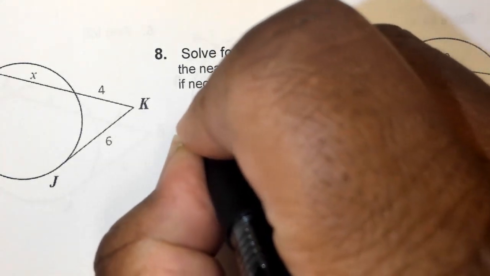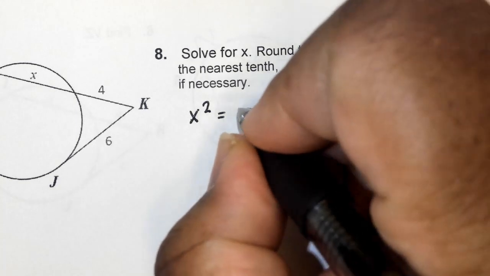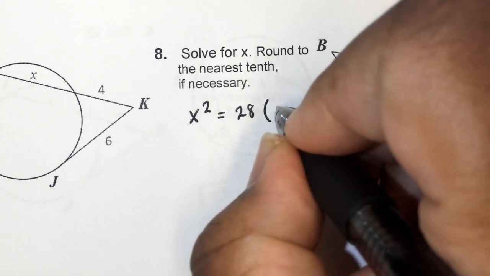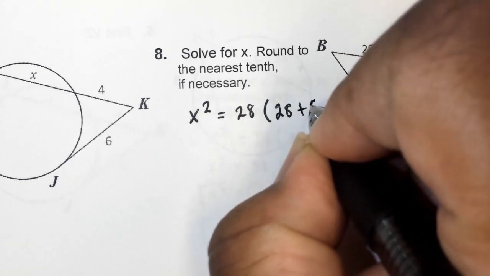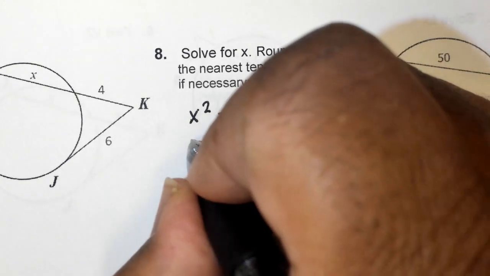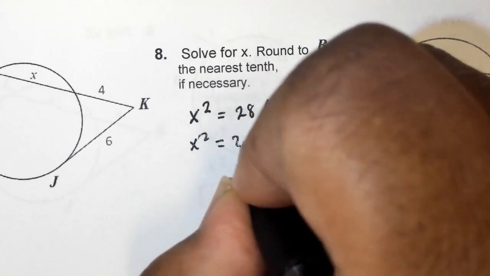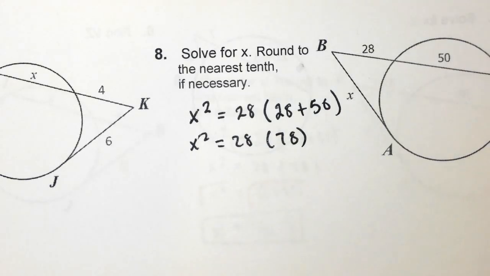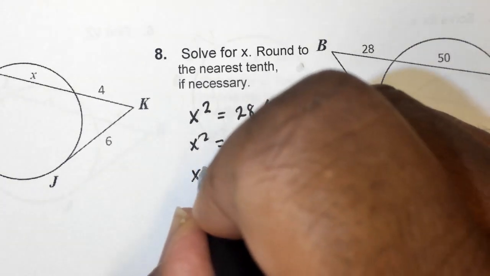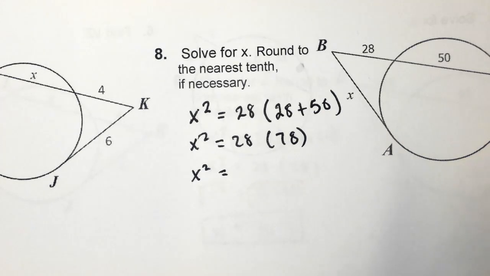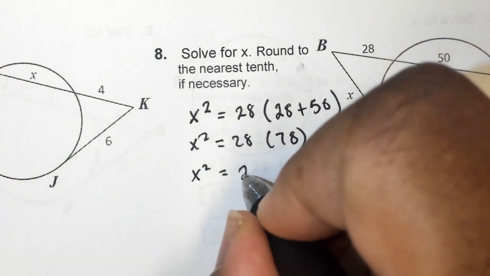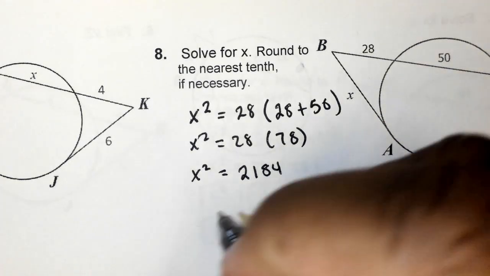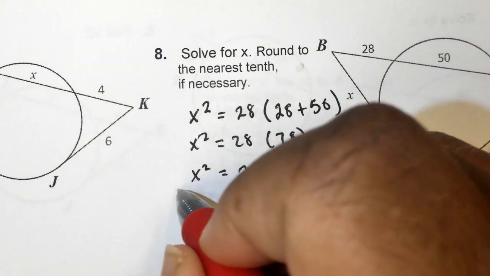Tangent line is x squared equals 28 times, in parentheses, 28 plus 50. Once you do the math on that side, x squared, square root,